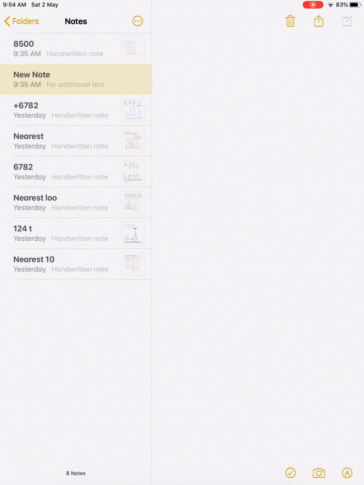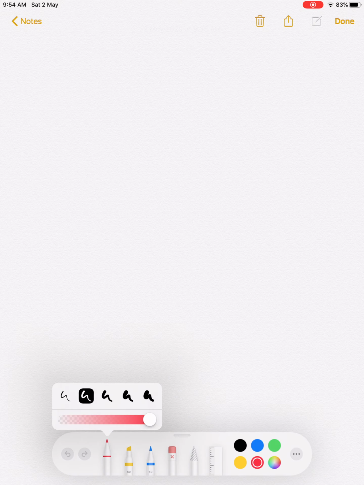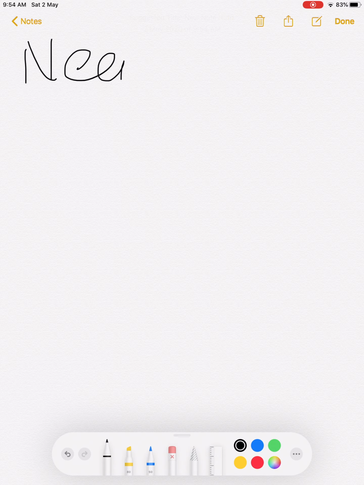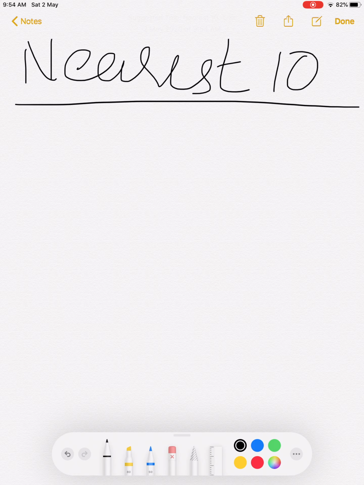Okay, see here. Let us start. First we are going to study estimation to the nearest 10. Nearest 10 means how to convert a number to a multiple of 10. For converting, two rules are there. Here you see, in 10 the ones place is 0. In 10, which place is 0? The ones place of 10 is 0.